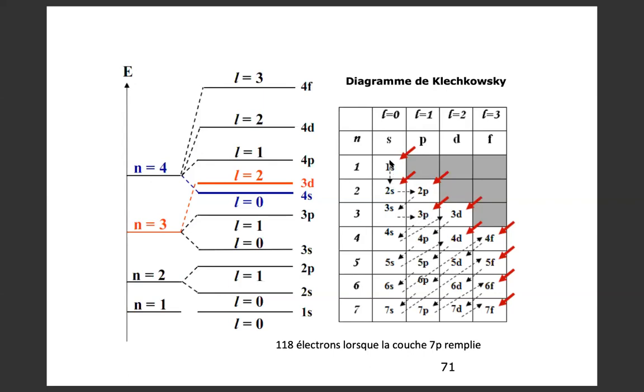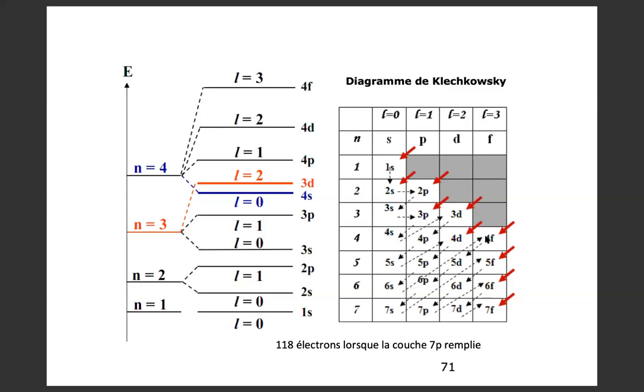You start with 1S, you come to 2S. You go to 2P, you come to 3S. You come to 3P, you come to 4S. You come to 3D and come to 4P. From 4P, you come to 5S. 5S, you come to 4D. 4D, you come to 5P. 5P, you come to 6S. 6S, you come to